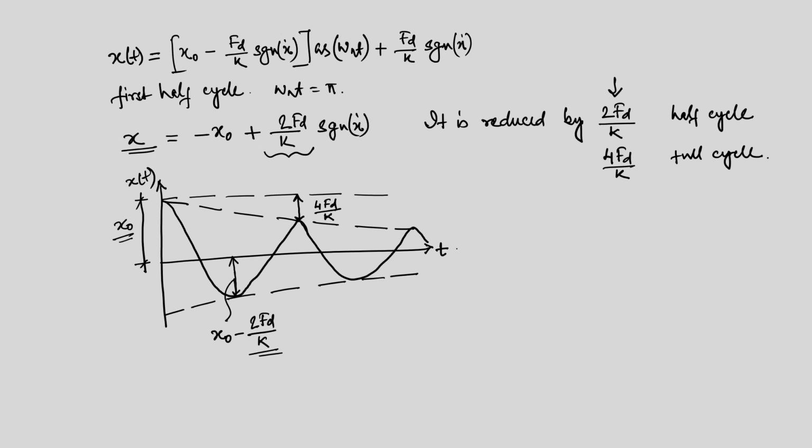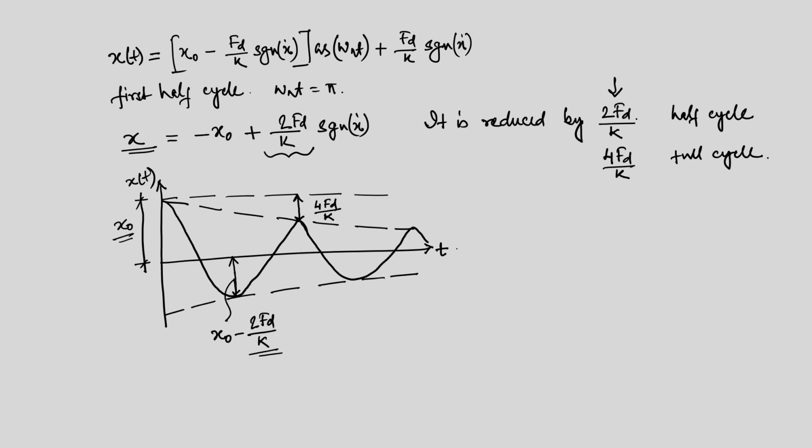Otherwise, the nature of the solution is similar to that what we have derived for viscous damping. The only thing is, in case of viscous damping we had e to the power minus eta omega n t as the amplitude modulation. In this case we have a different response reduction due to the presence of damping. Nevertheless, this shows you how we can develop different damping models, and then for that we can solve the response of the structure.